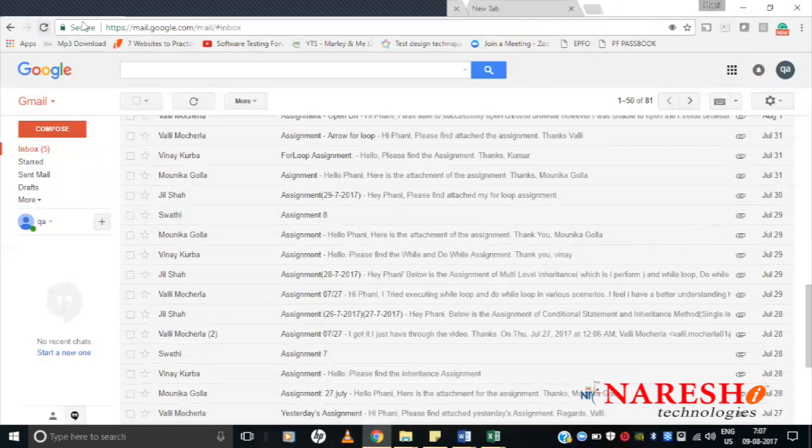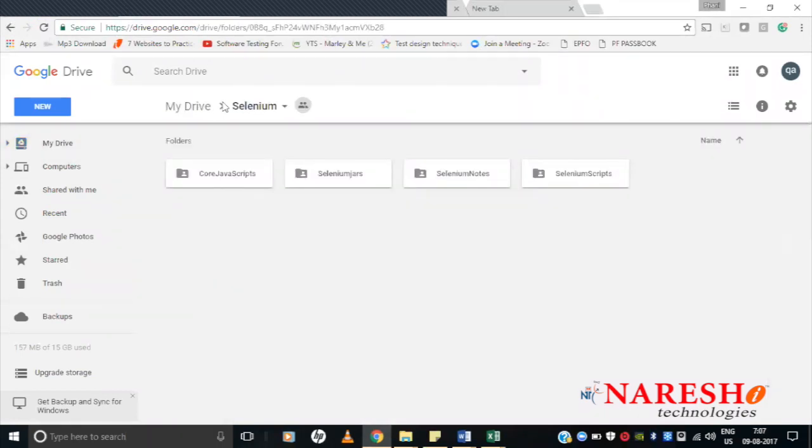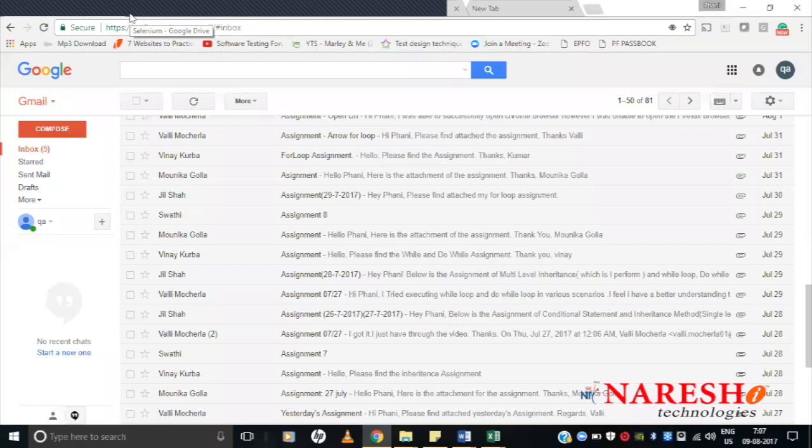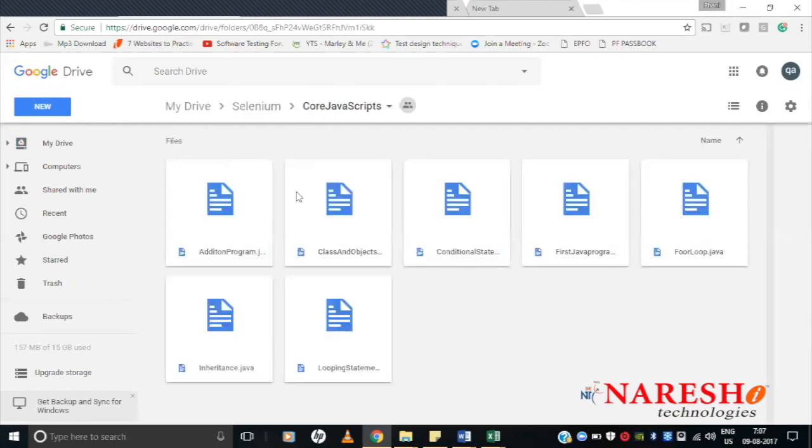Once we are done with these demo sessions, I will be creating a folder like this in a Google Drive. I have a Google Drive for each specific batch. In this Google Drive, I'm going to upload the scripts which we are going to work on a daily basis. For example, if we practiced core Java, I'll upload the core Java scripts immediately in this core Java folder for you guys to take as a reference.